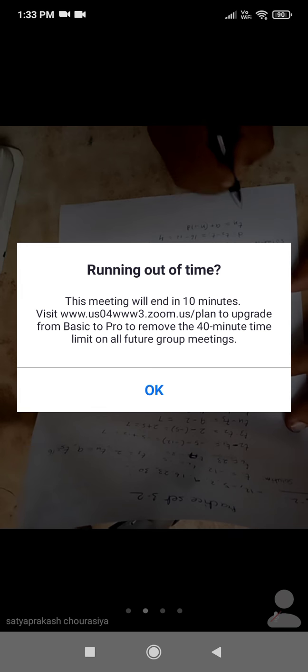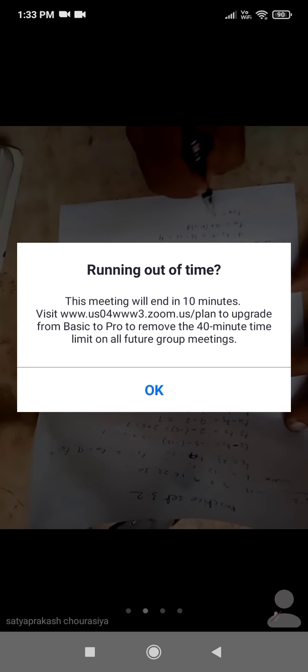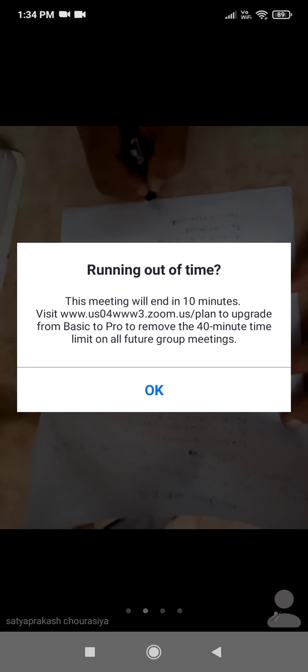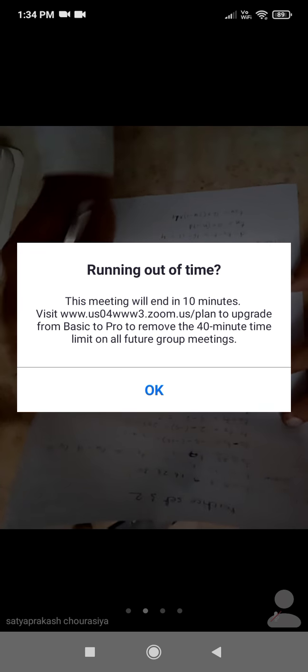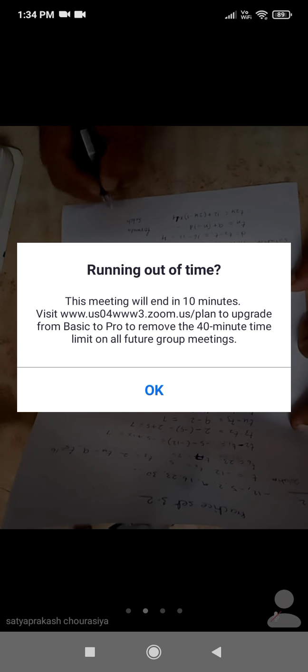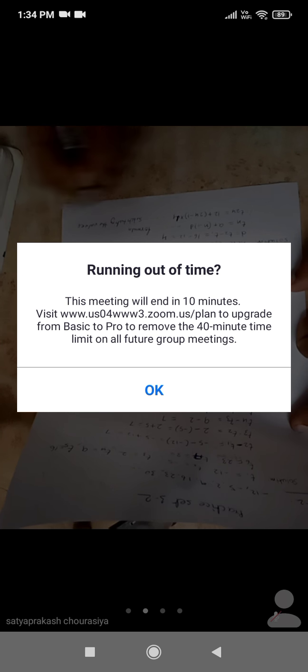Tn equals A plus (n minus 1) D. Therefore T24 means here we have to find the 24th term. T24 equals A, A is 12, plus n will be 24 minus 1, into D, and the D value is 4. This is the formula, and this is nothing but substituting the values.